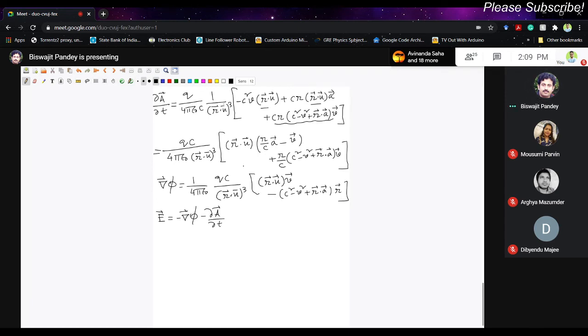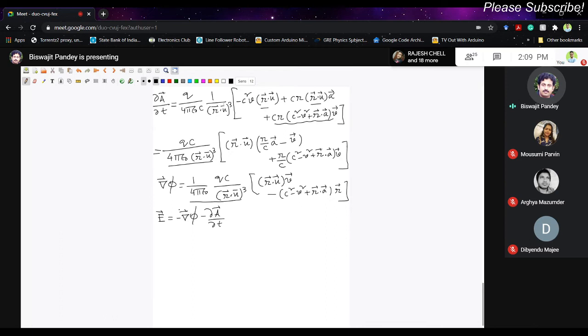Now you see there is one similarity: this outside qc by 4 pi epsilon 0 r dot u whole cube is here. That was my motivation, why I took these things common, why I took c square common or r dot u. Those were not random things. I did that intentionally, just to have a similar form, so that I can simplify them easily. You can write whatever terms you want to write, but that will only make things more messy. You cannot make the simplification easier. So it is easy if you can write the same in the same format. So you can see these terms are common.